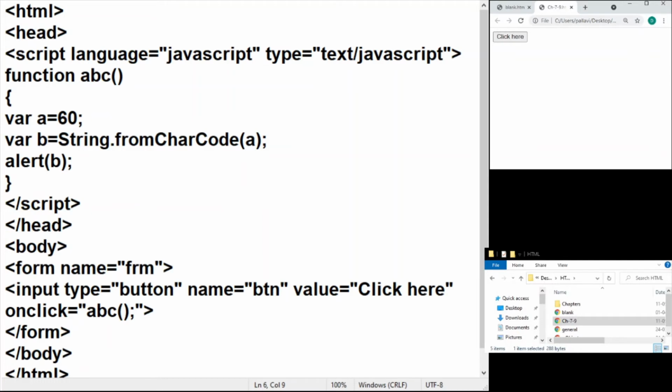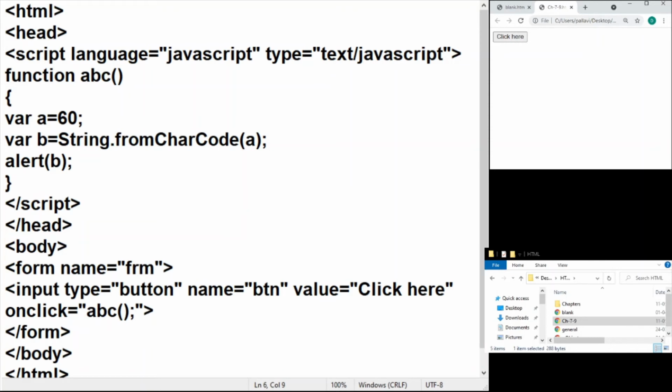Okay, this is the solution to the first one: from an ASCII character code, convert it into its equivalent string character. We have done that. Now, what we want is to have multiple character ASCII values and convert all of these into a single string.